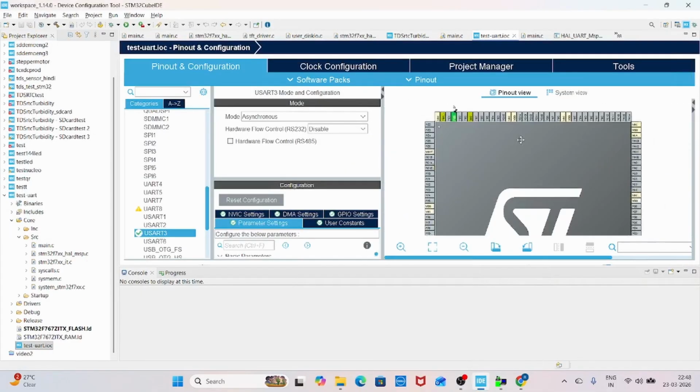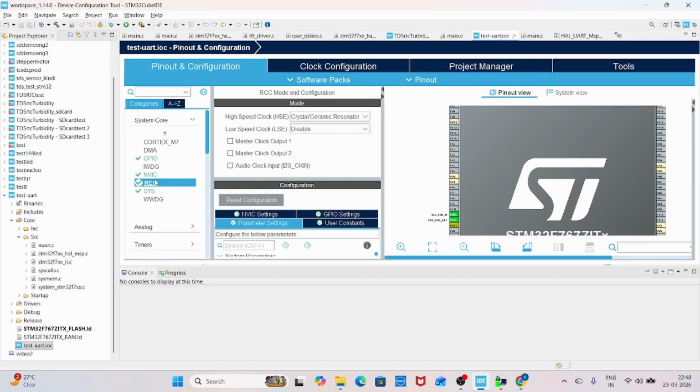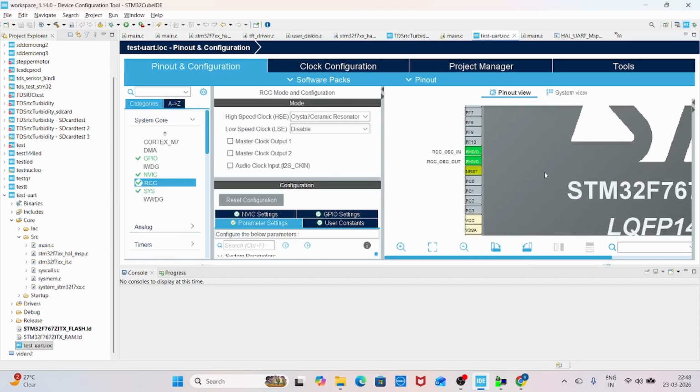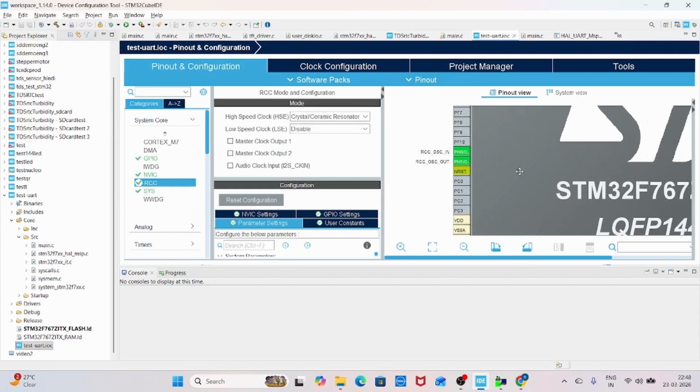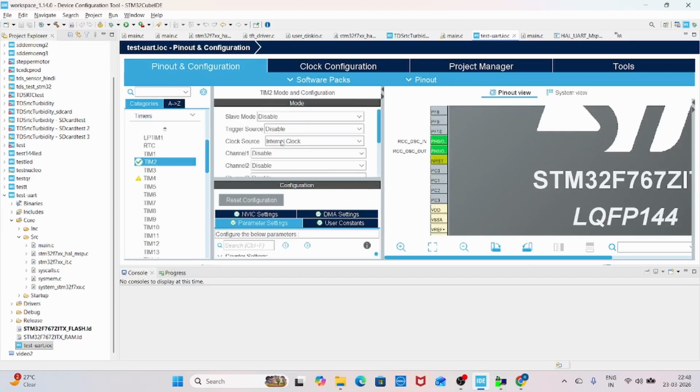Now this is CubeIDE. In CubeIDE, in setup, first of all, I enable this crystal. You can see it's a crystal ceramic resonator, right? This is what we usually do. Then we have used a timer, timer 2. I provided the clock source and set basic things, because in DHT22 we need accurate delay,